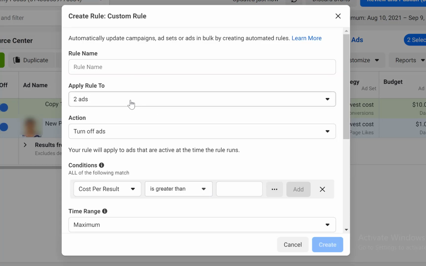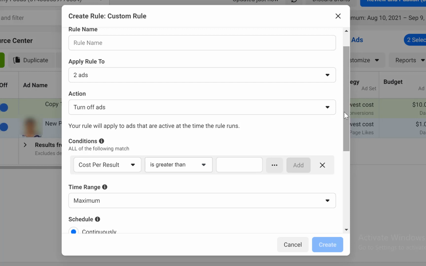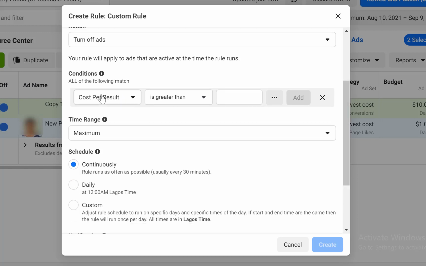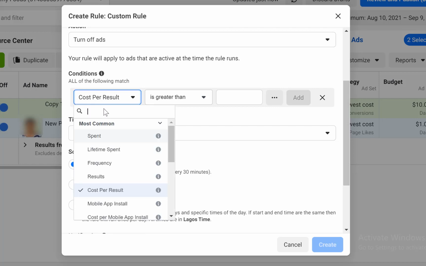So we are applying this rule to how many adverts? 2 ads. So what's the action that you want to carry out? The action is for Facebook to turn off the ads. Now the condition: what is the if here? If the CTR